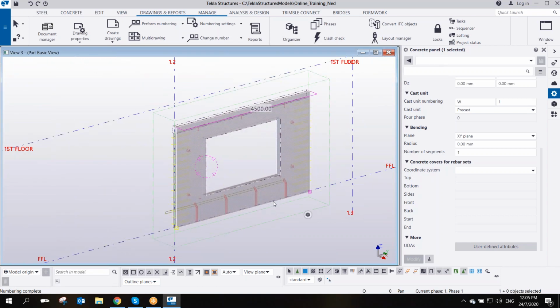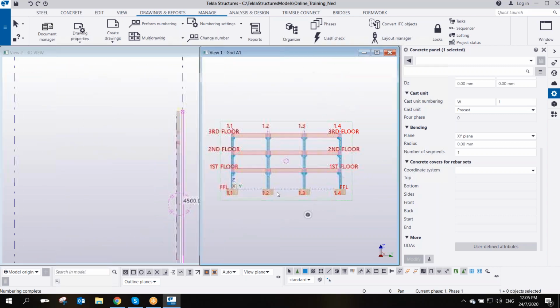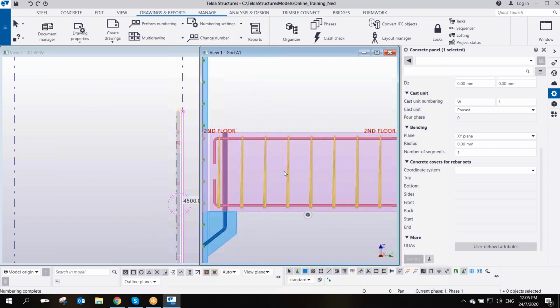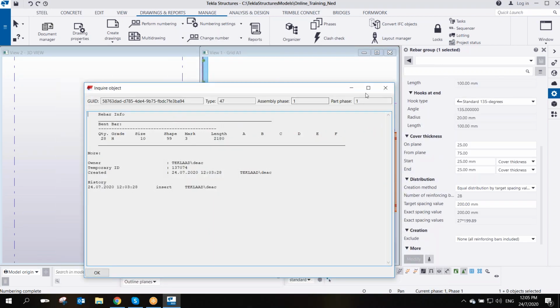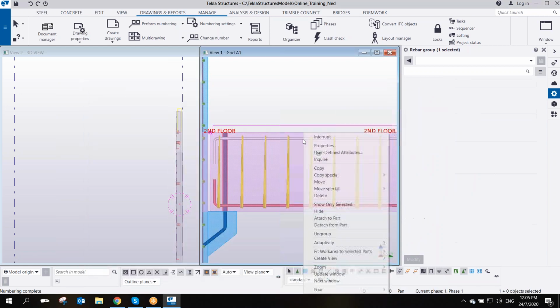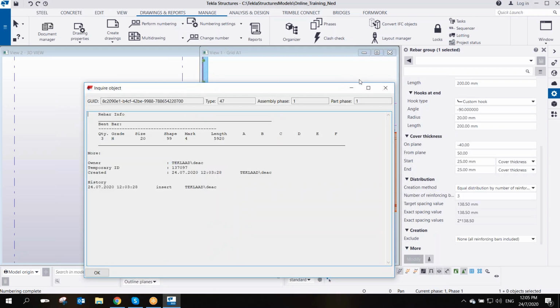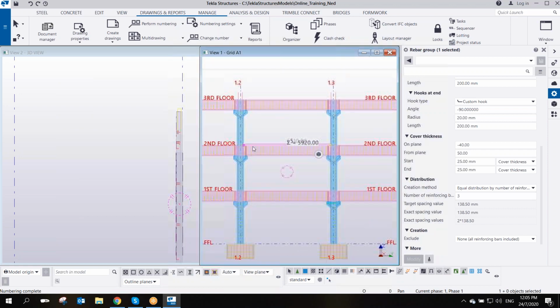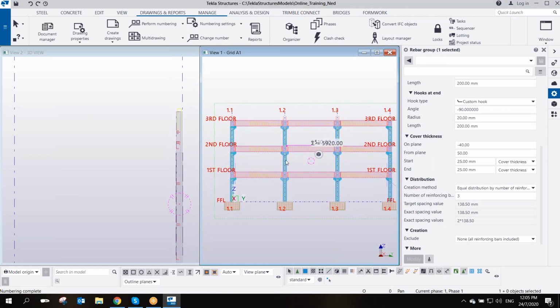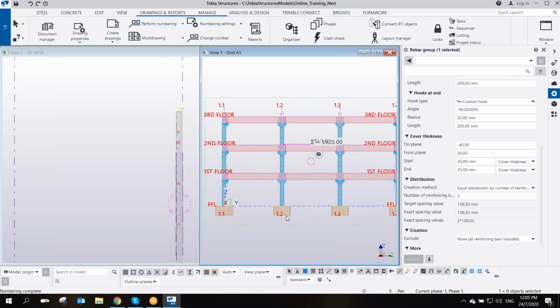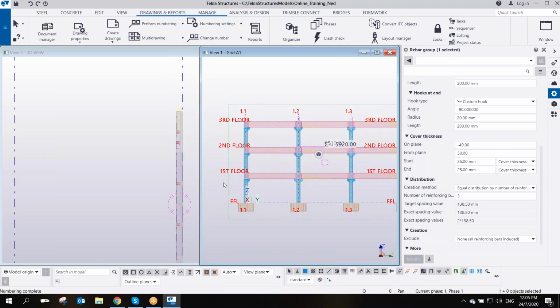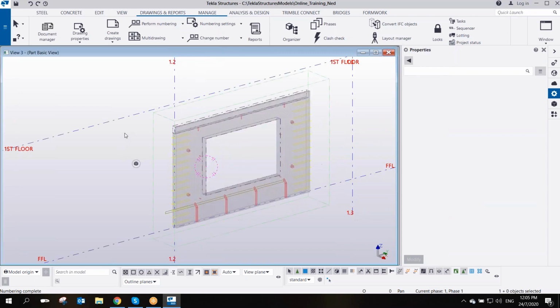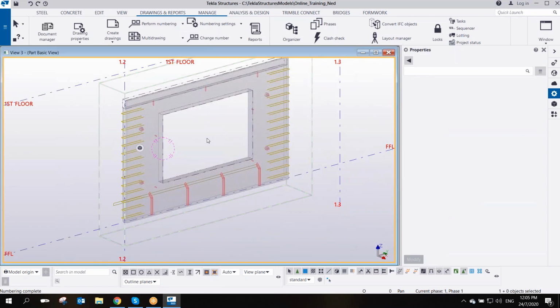If you ask what happened to 19 and the rest of the numbers, you can find the other numbering on other parts. If you inquire this one, the numbering is 3, and this one is 4. So the other numbers can be found on the other reinforcement in the beam, column, footings, and even the corbel. Going back to our wall,